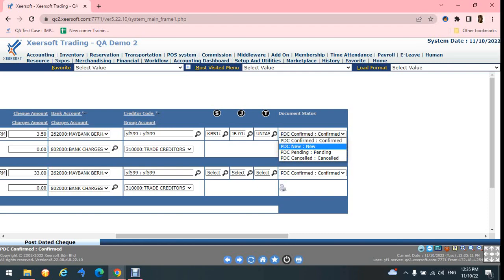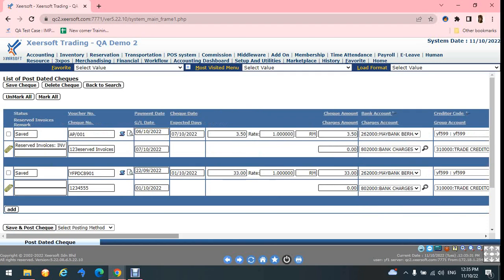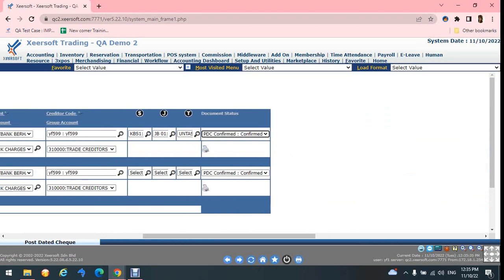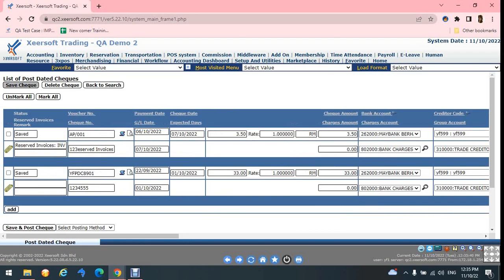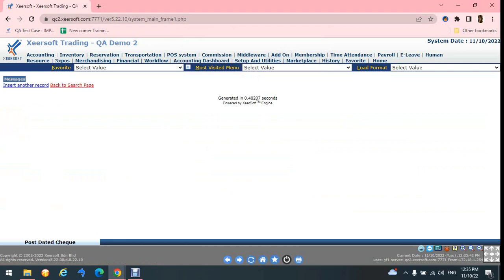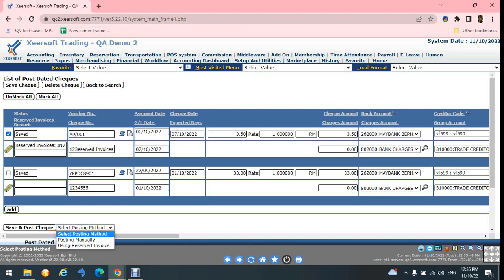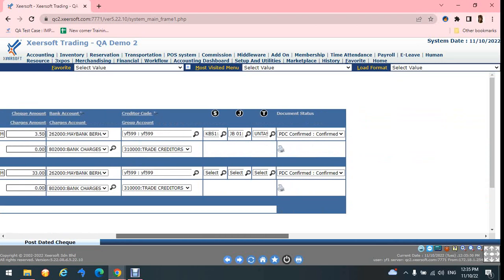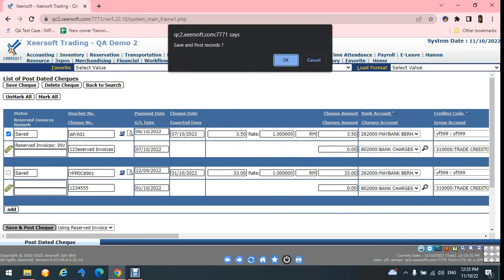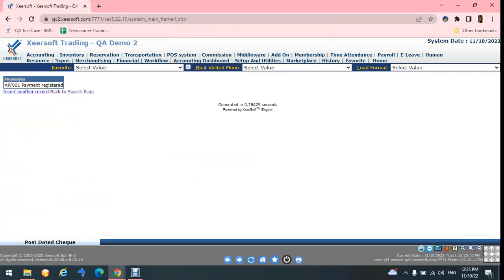You all still remember that just now I said other than confirm status, all these statuses are actually not valid data, still not yet valid data. That's why all these statuses you all saw, right? I posted already, but it still displays here, meaning not yet posted, because the status is not confirmed. That's why it cannot post. Currently I try to save as confirm status first. Then I go back, I take it, using the reserve invoice, confirm status, save, okay, see,